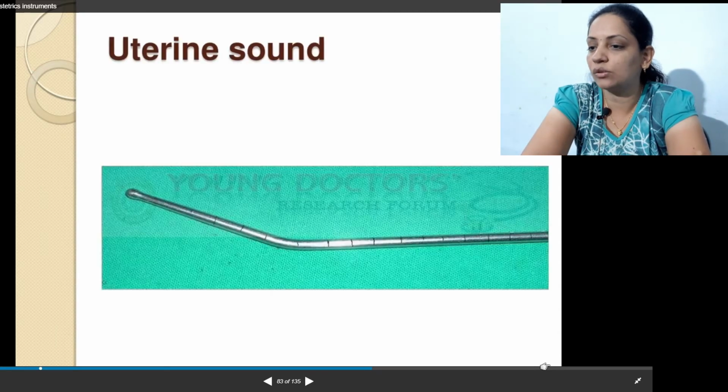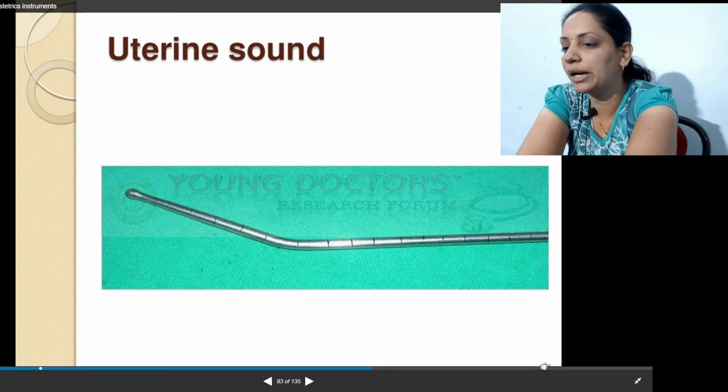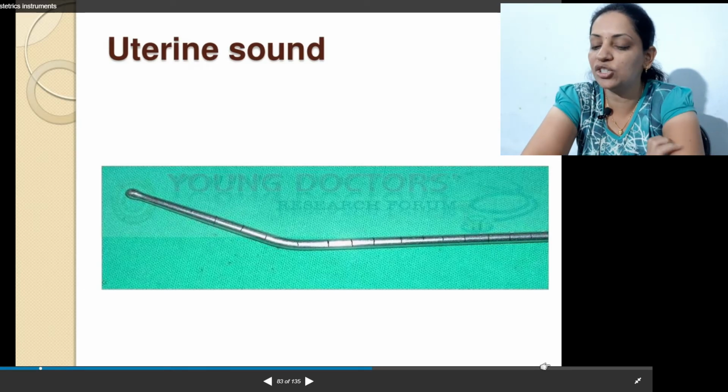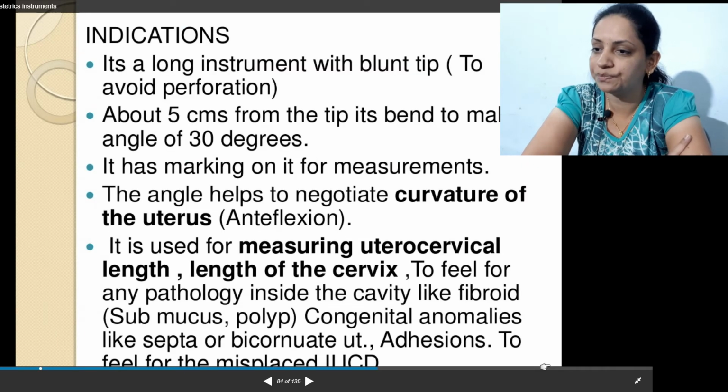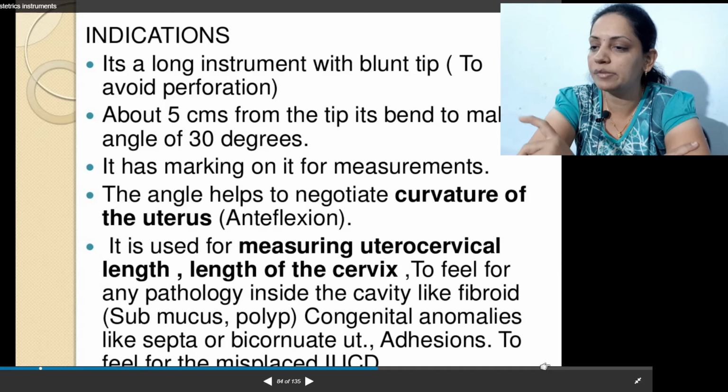This is the uterine sound. This has typical markings, so we can measure the length of the uterus. We can pass this uterine sound in the uterine cavity and we can measure the length. About 5 cm from the tip, it is bent to make an angle of 30 degrees, and it has markings on it for measurement.